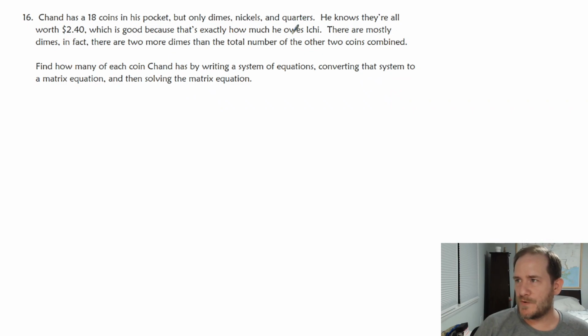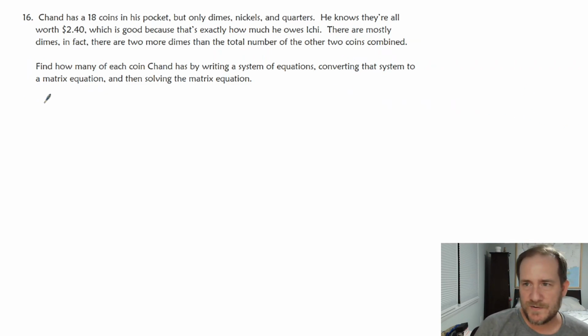No pennies. No half dollars. Anyway, he knows that they're all worth $2.40. That's good because that's exactly how much he owes his friend Ichi. There are mostly dimes. In fact, there are 2 more dimes than the total number of the other 2 coins combined. Find how many of each coin Chand has by writing a system of equations, converting that thing,